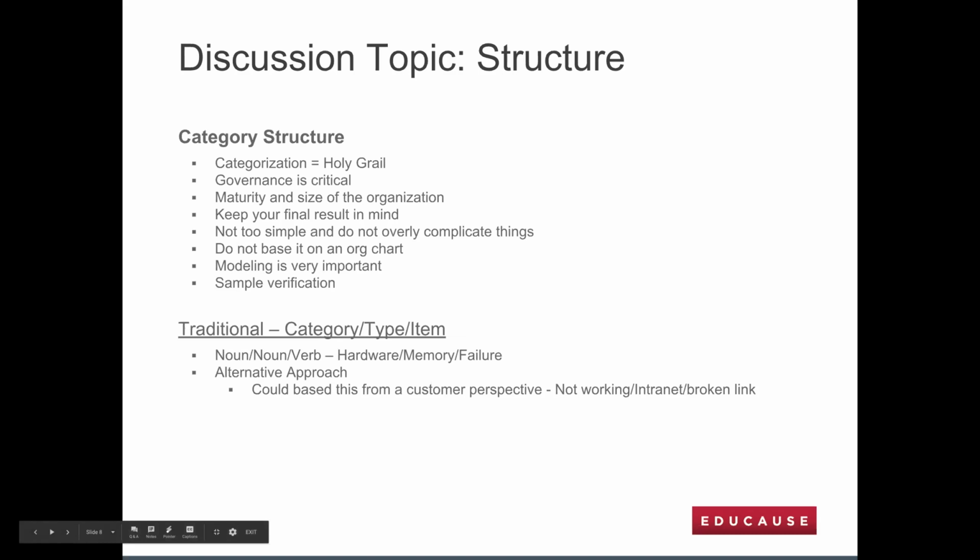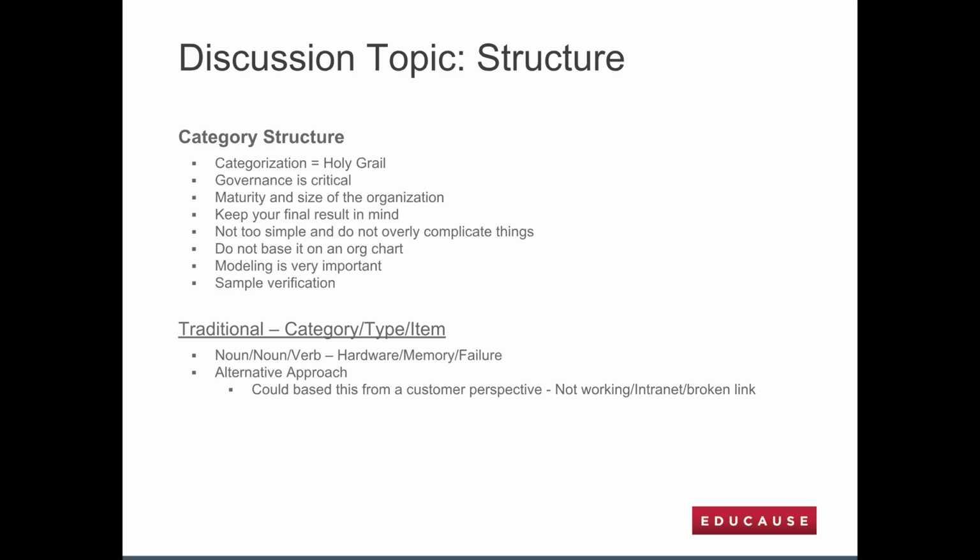I'm going to talk more about the processes versus the implementation of this category, type, and item, or the CTSA. I've always looked at the categorization as the holy grail. It's not an easy thing, depending on the size of your organization, right? The campus here is relatively small, so I can make some easy decisions on how we're going to set up the categorization. But in large organizations, there are hundreds of different departments across the company, and they're all using categorization. To get agreement across the board is not that easy.